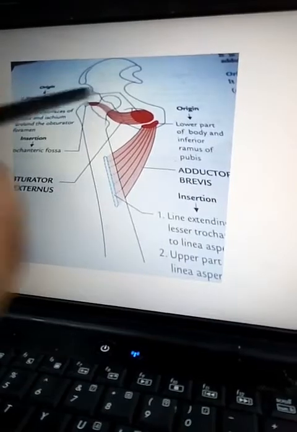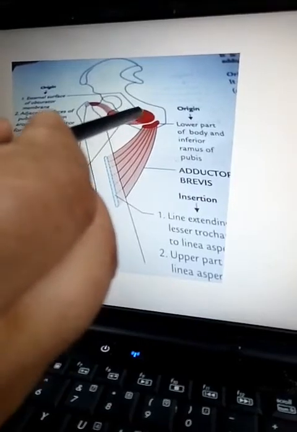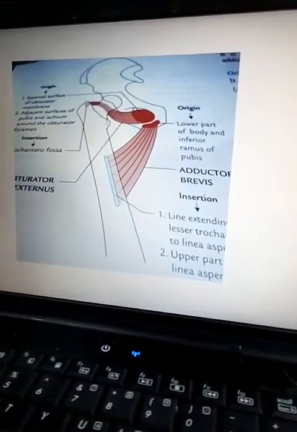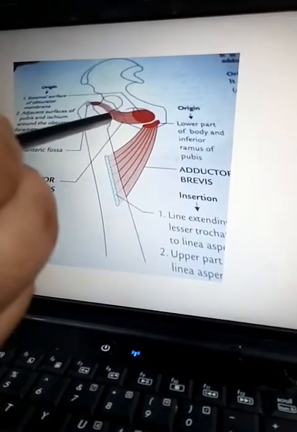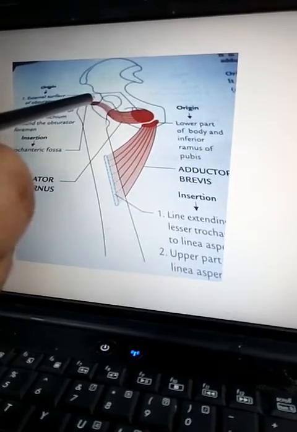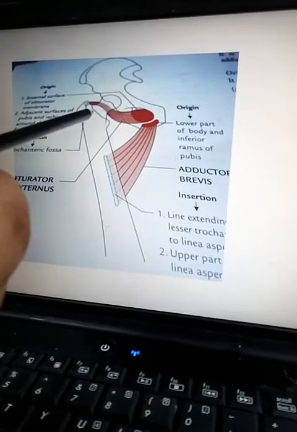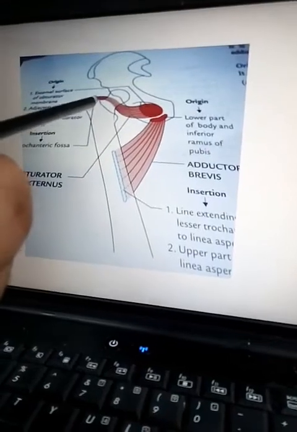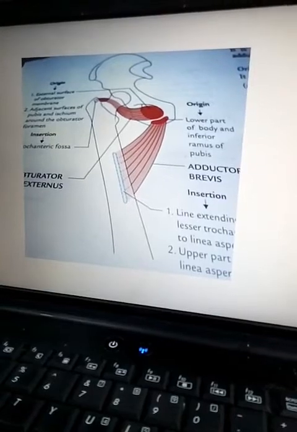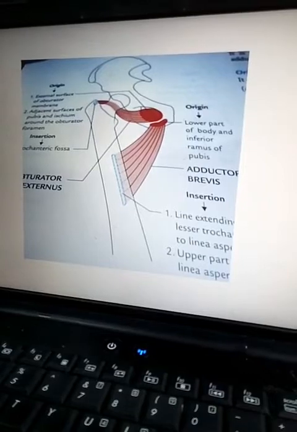It arises from the outer surface of the anterior half of the obturator membrane and adjoining anterior and inferior margins of the obturator foramen. The fibers converge backwards and laterally to form a tendon which spirals upwards over the inferior and posterior surface of the neck of the femur and inserts into the trochanteric fossa of the greater trochanter of the femur. It is supplied by the posterior division of the obturator nerve. It is a lateral rotator of the thigh.